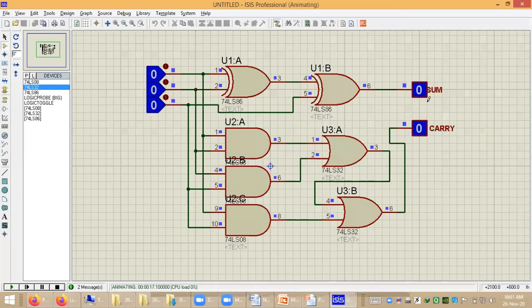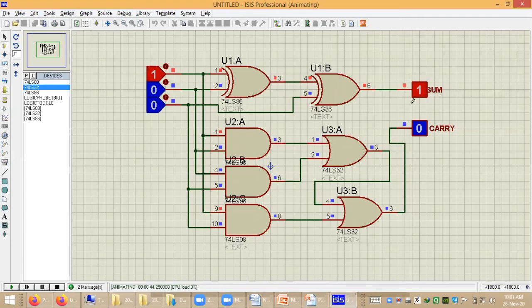Now, instead of checking all the combinations, I will just tell you what will happen if only one logic one is available, what will happen if two logic ones are available, and what will happen if three logic ones are available. So for 0 0 0, sum and carry are 0 0. For one logic one, sum will be 0 and carry will be 0.